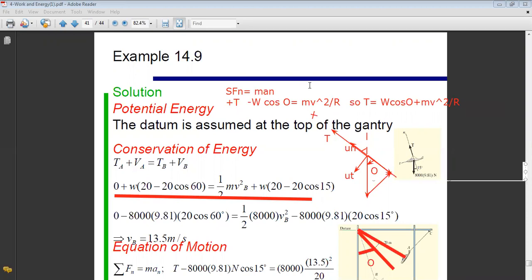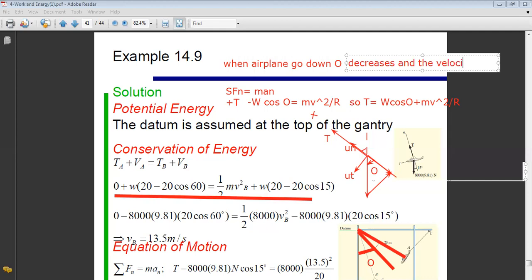The potential energy will be reduced, and then due to conservation of energy, the kinetic energy will be increased. So when the airplane goes down, what will happen? We have that theta decreases. Why? Because theta is the angle with the vertical. It was 60 and it will end up at 15. So the angle theta decreases, and the velocity